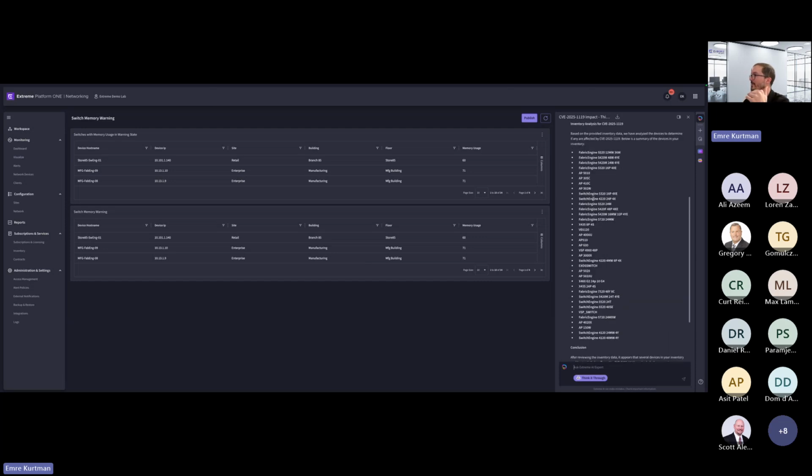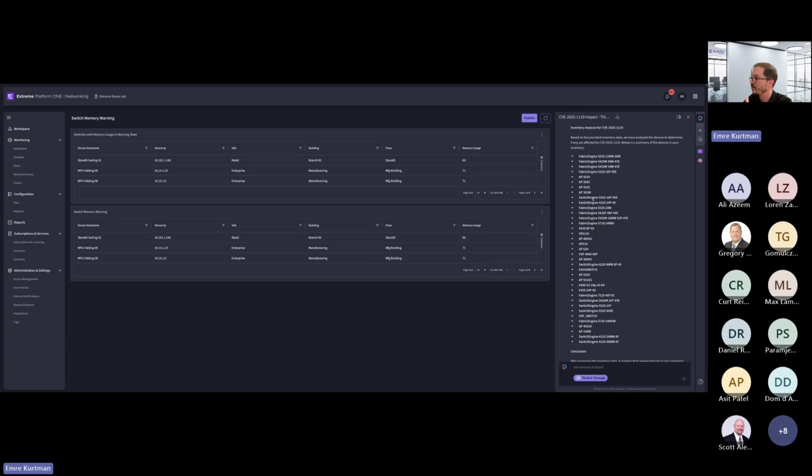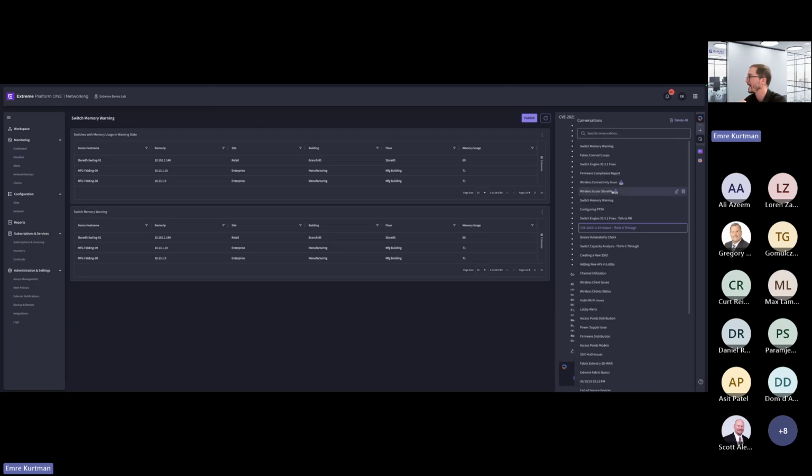Obviously, you can do some more prompt engineering and ask it to add more information like host name and device IP of all the affected devices. But the idea is it talks to the knowledge, retrieves some information, talks to your data, makes a correlation and provides that as a report for you. So this is the CVE vulnerability use case, and we can have a look at some other use cases.